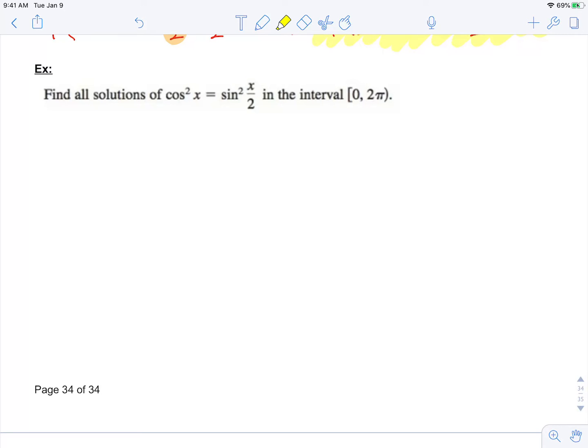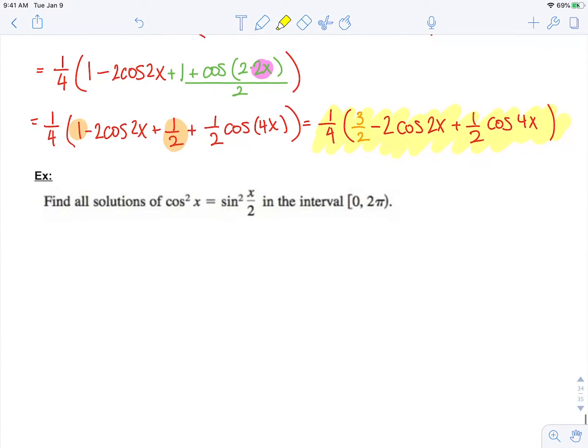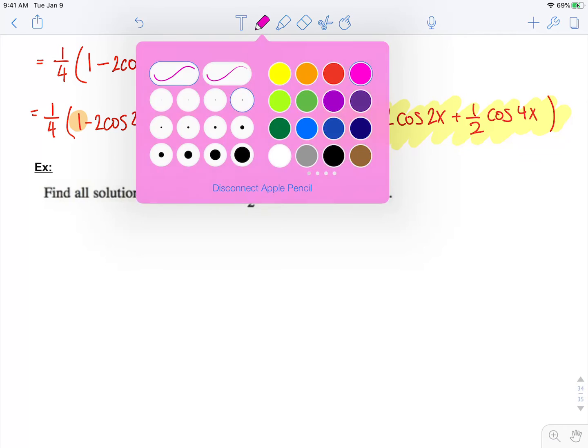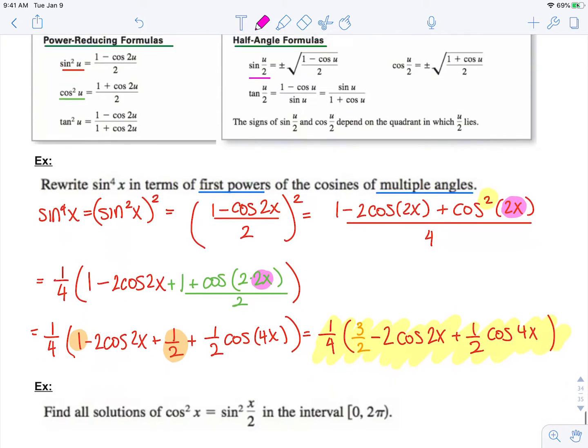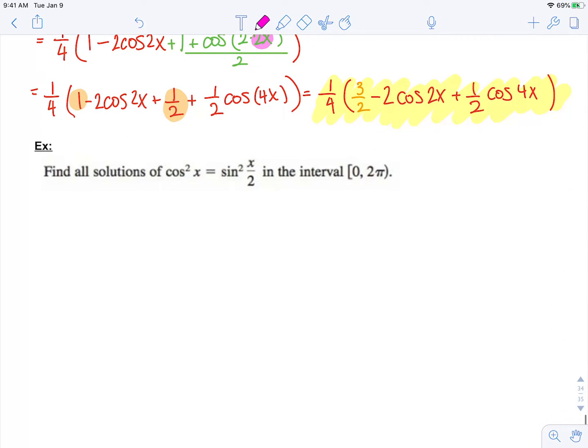Find all solutions of cosine squared x equals sine squared of x over 2 in the interval 0 to 2 pi. So we have two different trig functions here. Which trig identity could we use to make them all one? Now, I see up here that sine of u over 2 is now in terms of cosine, so I can